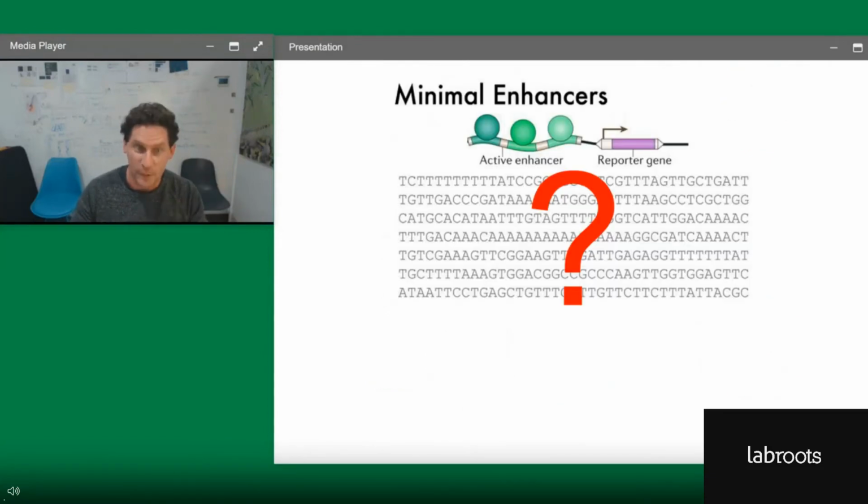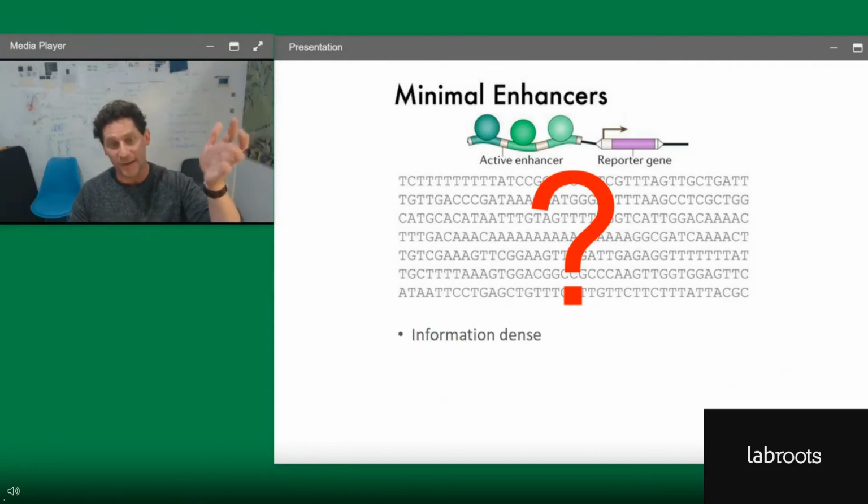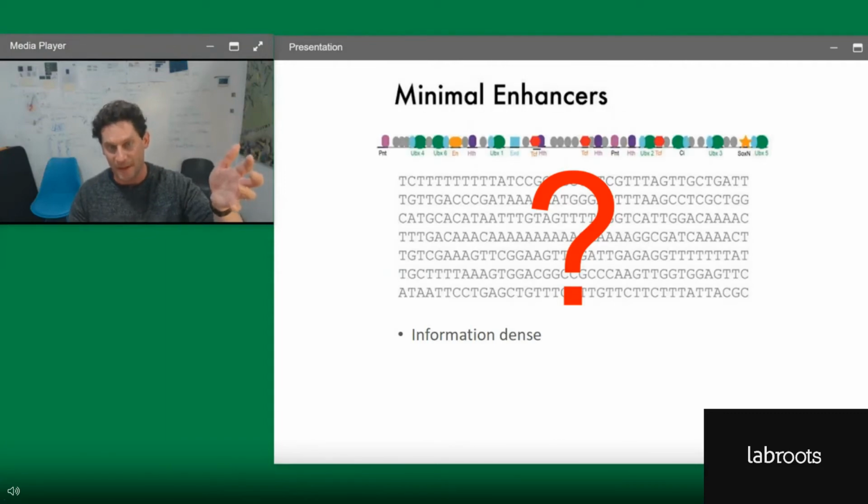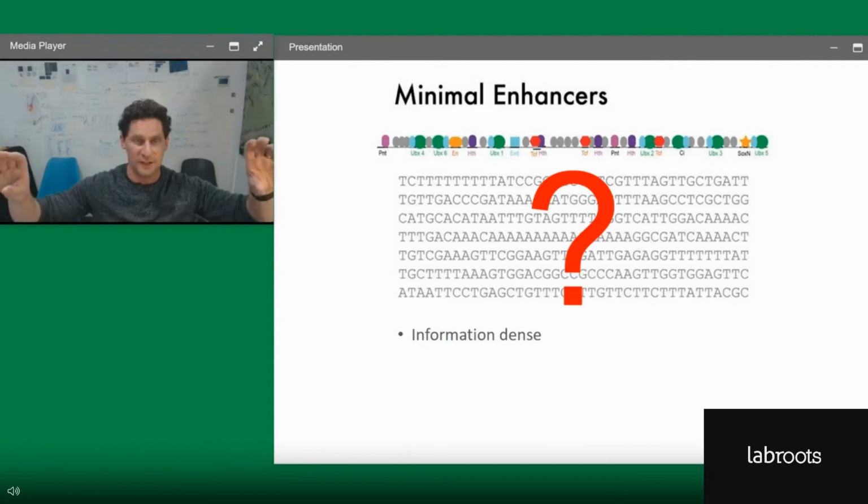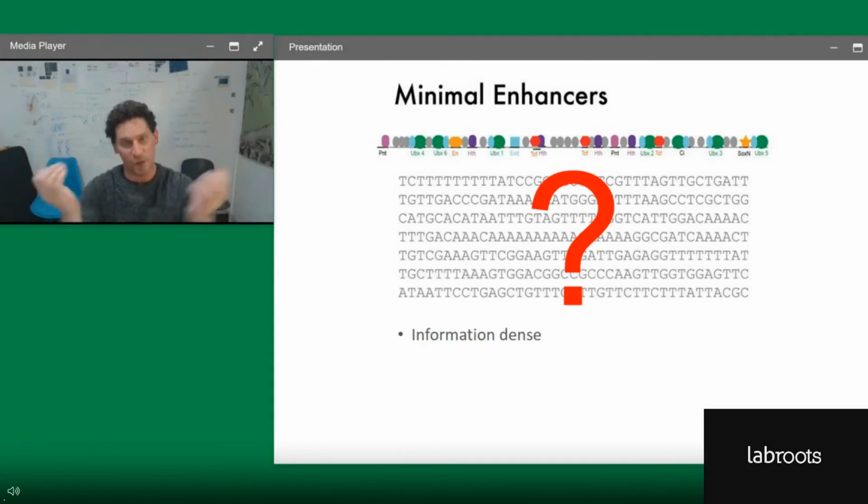So at this point, I hope I've convinced you that this is a textbook example of enhancers, but we think that these are incredibly information dense. So it's much more something like this, right? It's just blanketed with information. Many of these are probably transcription factor binding sites we haven't identified. There might be other structural elements to it in terms of the rigidity of DNA, a variety of other things. So again, there's a lot of information here where we think as you mutate it, this is having a dramatic